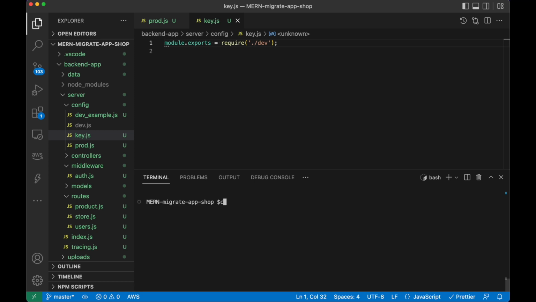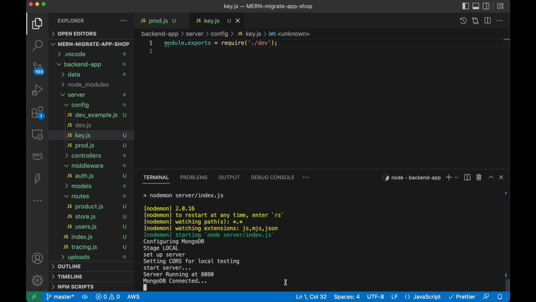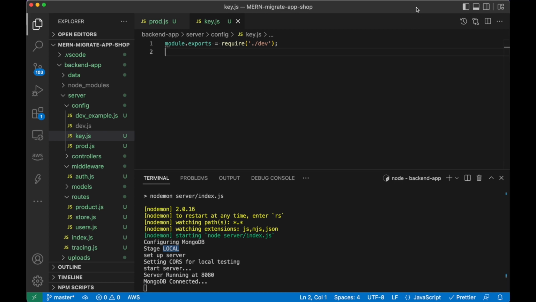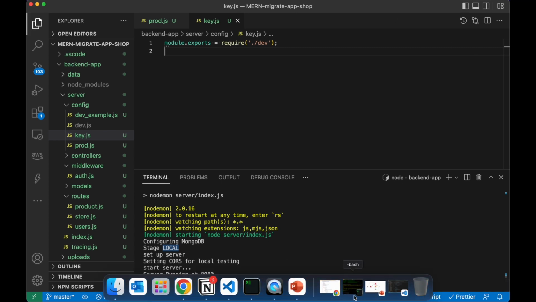And then we can do cd backend up, npm run backend. And now we should be able to see it starting locally, and we should get those values. And also, if we want to make sure that we test our backend and our frontend together, but everything locally,